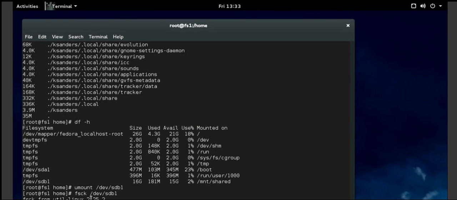Now, in order to start using the files in that file system again, I have to remount this partition back into the directory structure in /mount/shared. So I would type mount -t followed by the file system type that's been created on this partition. And I happen to know that I used the ext4 file system when I created the file system on that partition. Then I have to specify the device file name of the partition that I want to mount, /dev/sdb1. And then I have to specify where I want to mount that partition in the file system so I can access the files on that partition,